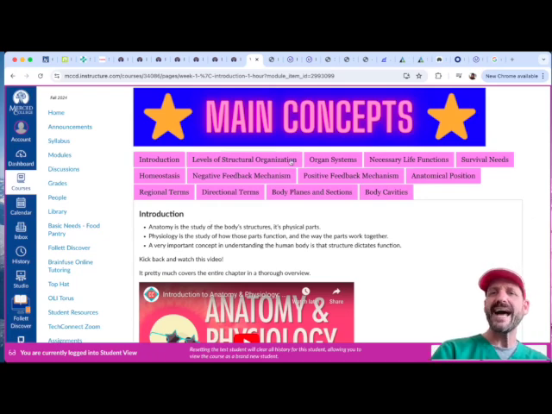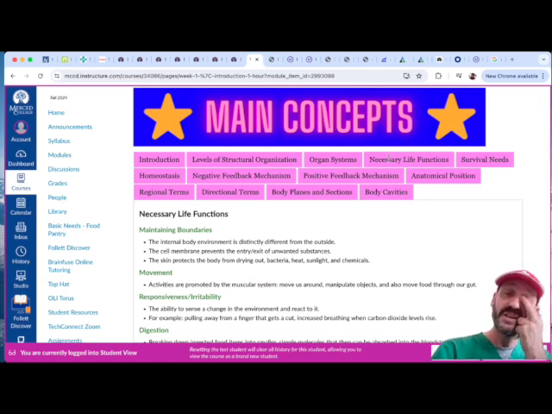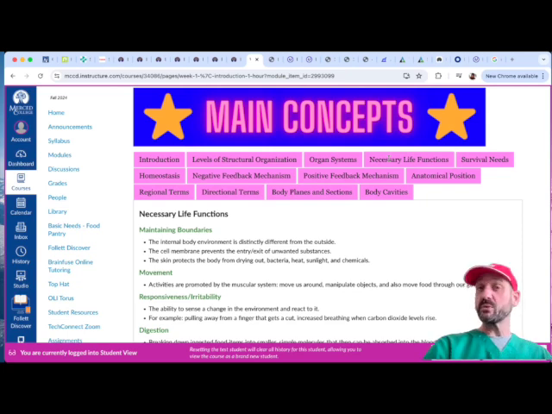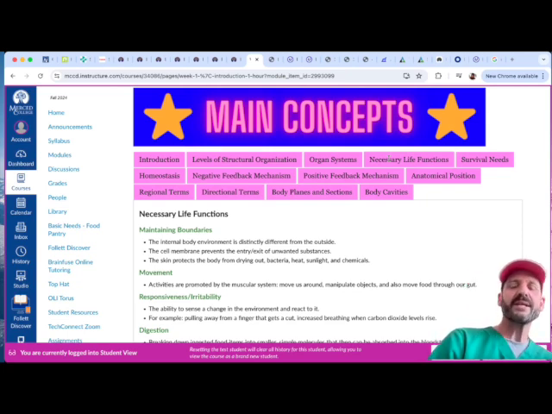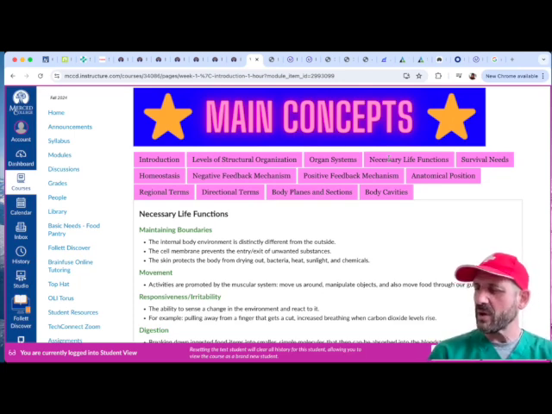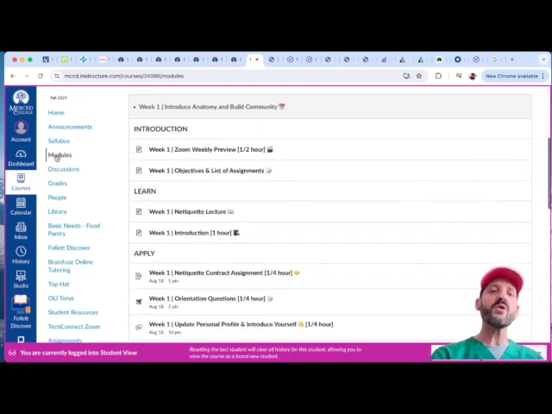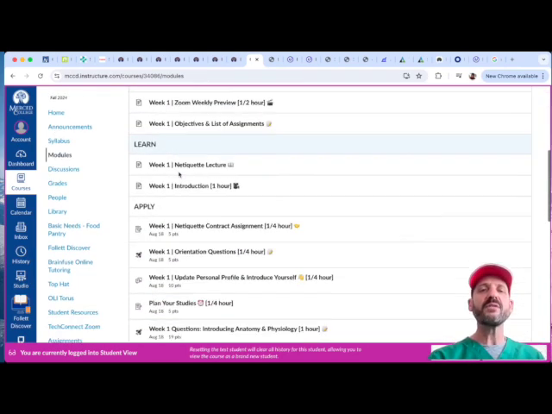And I do it like in tabs, so it's not too overwhelming with the information that comes. There's also pictures. Obviously, anatomy is a great way of learning with pictures. We do have an activity where we go through Google and get some pictures down on the page. It's just to get into that process as well, because I think we have a lot of great tools at our fingertips these days. And then once we learn, we then apply, and we want to apply the material that we learned. We do that first with